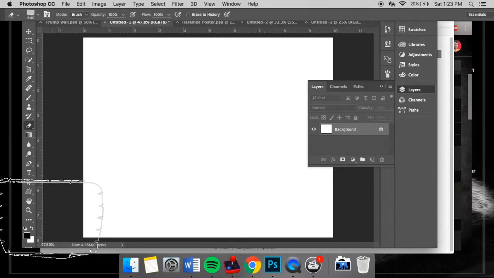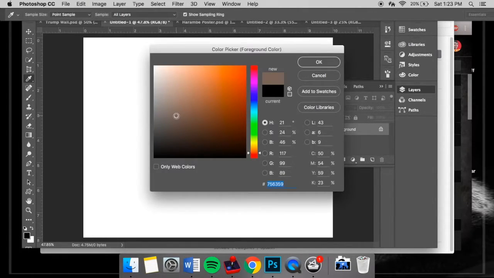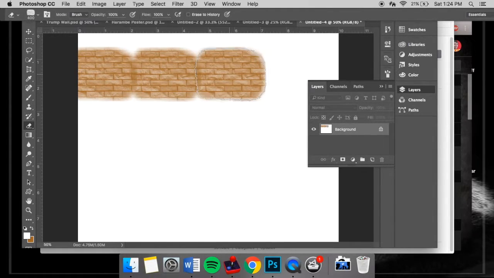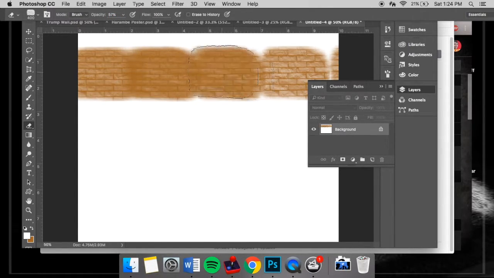So, set your primary color to a brown color of your choice. We're going to start making a jumble. Alright, next you're going to want to pick on your brush